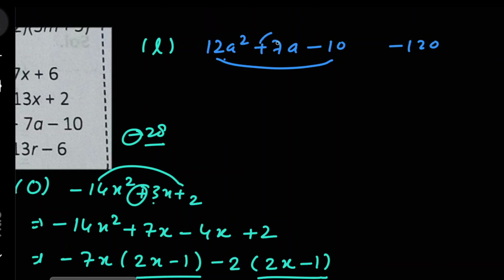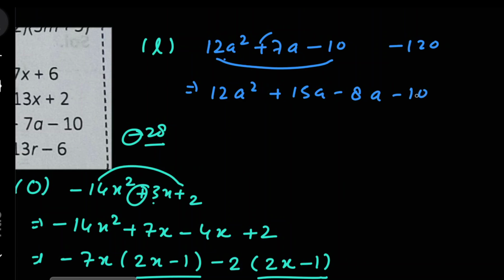So there are two numbers, one is positive, one is negative. The positive one will be the greater one and the negative one will be the smaller one. So we are going to split 7 as 15 minus 8 to get plus 7. So we have 12a square plus 15a minus